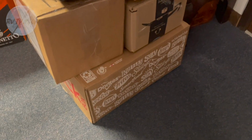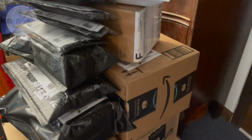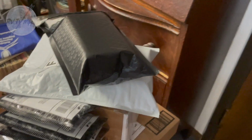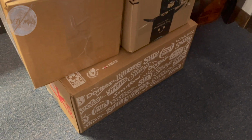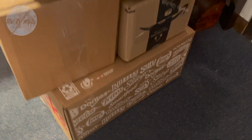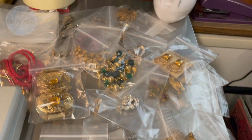Okay, I finished packing all my orders. Don't look at addresses, please. What's great is I sold a lot of pieces, but people bundle. So the same people bought several things, which works out perfectly. Here's all the jewelry I sold yesterday